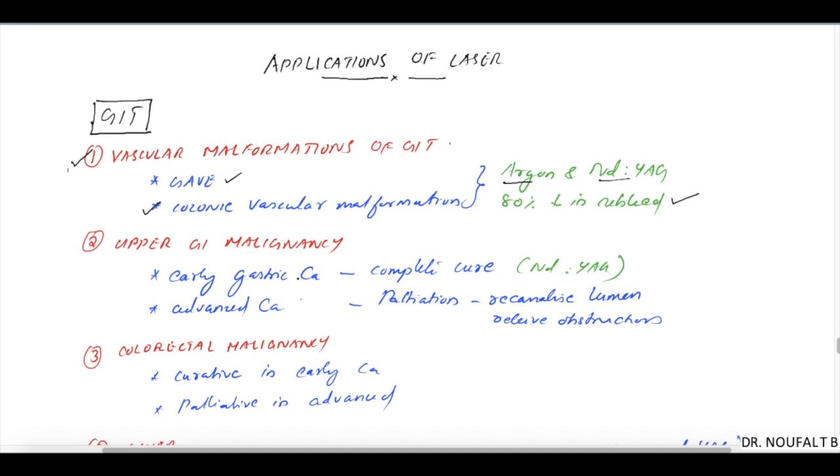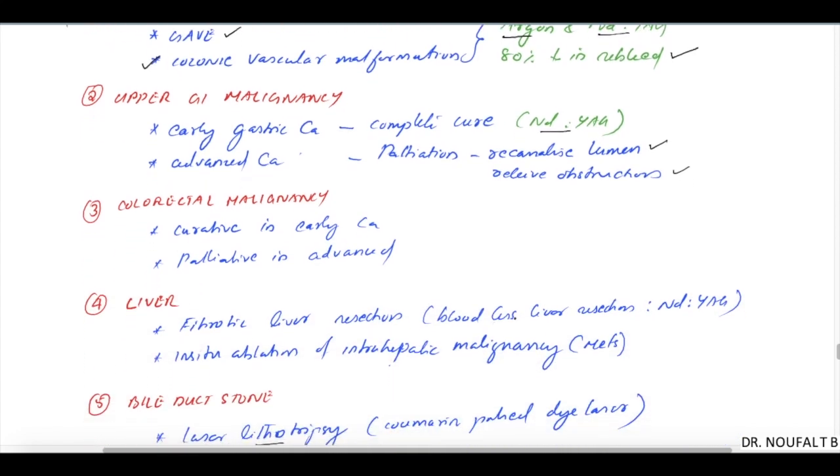Upper GI malignancy, especially CA stomach and CA esophagus: Nd:YAG laser can be curative in case of early gastric carcinoma, and in case of advanced esophageal malignancy, laser can be used to recanalize the lumen and to relieve obstruction. Similarly, in case of colorectal malignancy, laser can be curative in early carcinoma, like laser polypectomy and endoscopic mucosal resection. Laser can be used, as well as in advanced malignancy to relieve obstruction as well as to